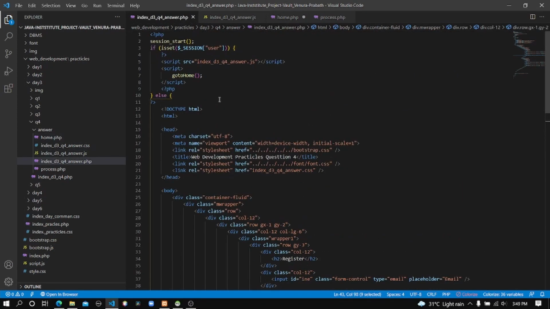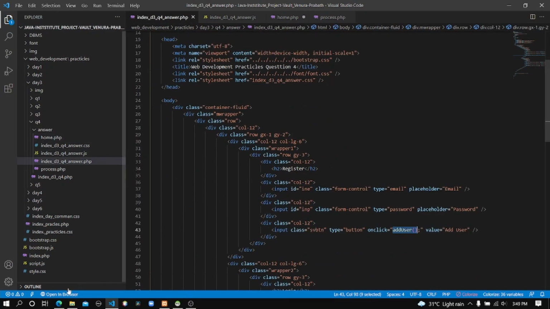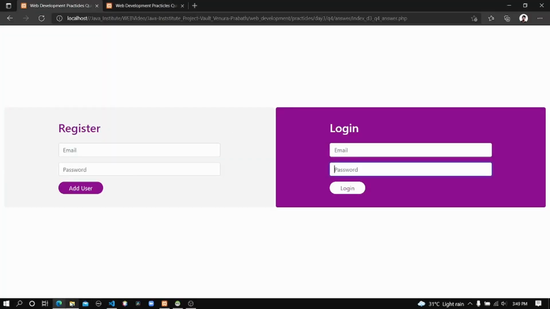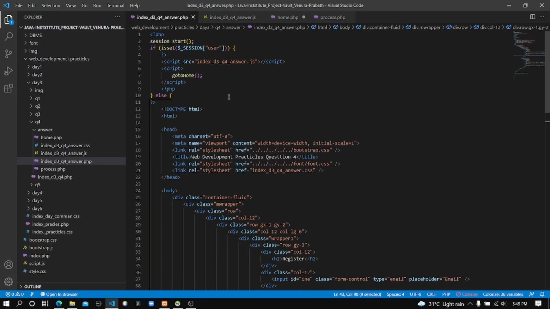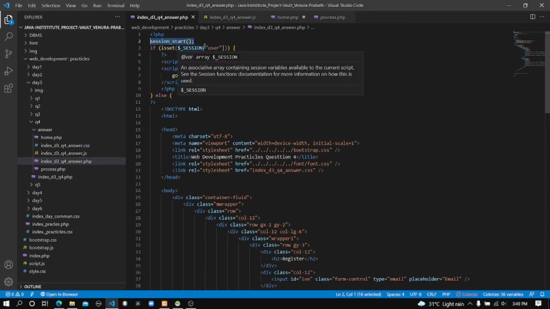Let me explain this part. Here you can see we are in the index page, which is this page. It will check when someone requested this page. You can see I again started the session process, and if there's a session and he has an associative array called user, it will execute this part of the code.